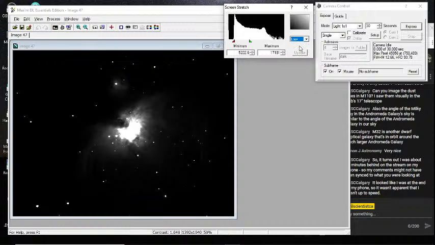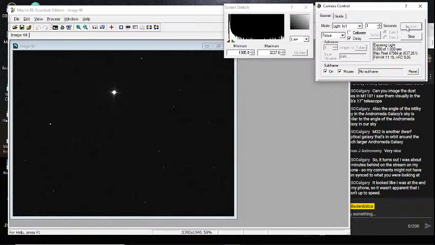We're slewing to another open cluster here, M34. First, we have to get onto our alignment star. There it is. Just going to double check by looking through the auxiliary scope.